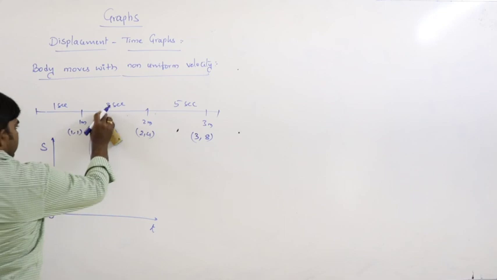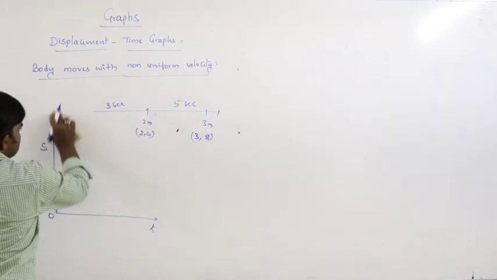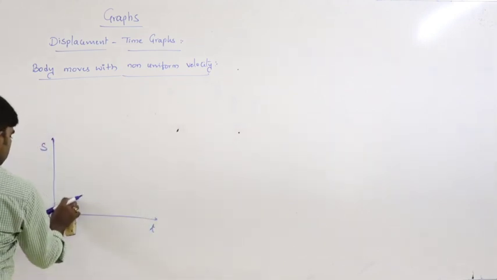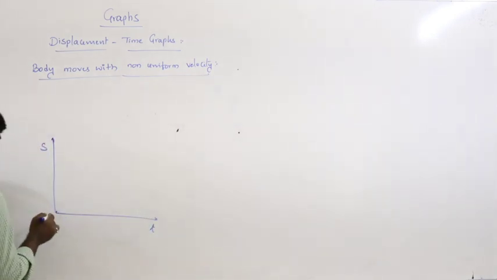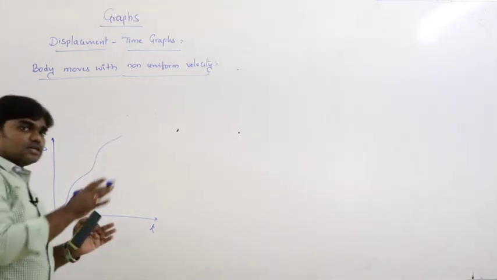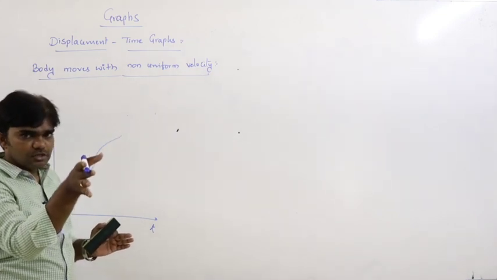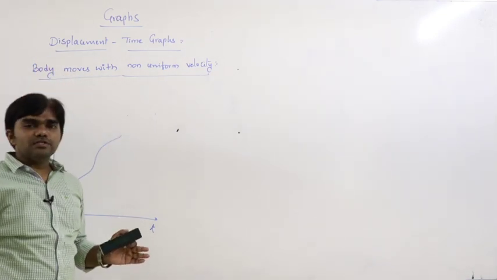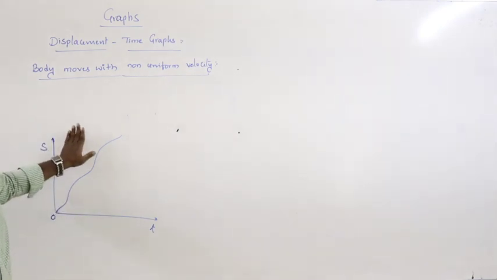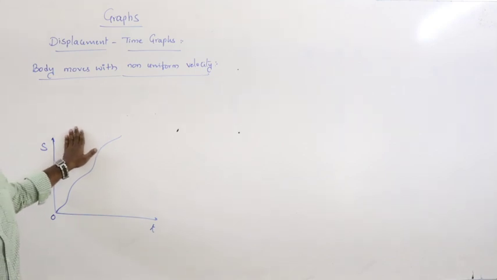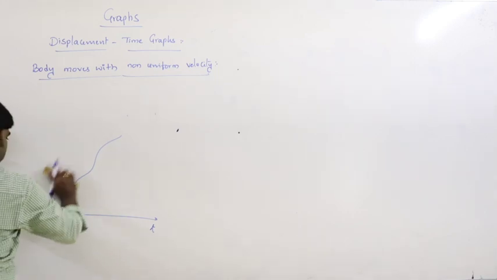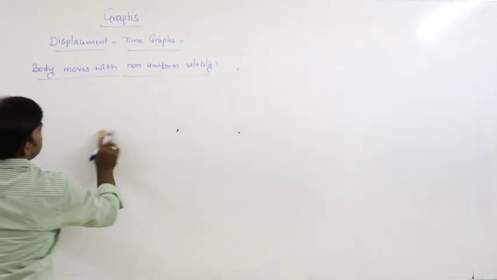That means if the body moves with non-uniform velocity, the shape of the displacement time graph may be like that. Sometimes velocity increases, sometimes velocity decreases, sometimes more displacement, sometimes less displacement, unequal. So that is called non-uniform velocity. Body moves with non-uniform velocity here. So next condition, body moves with